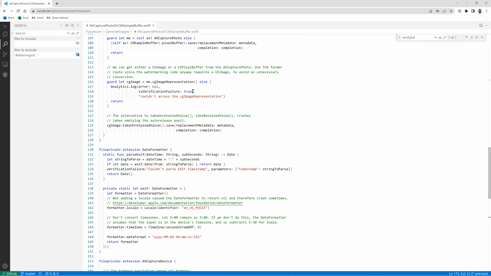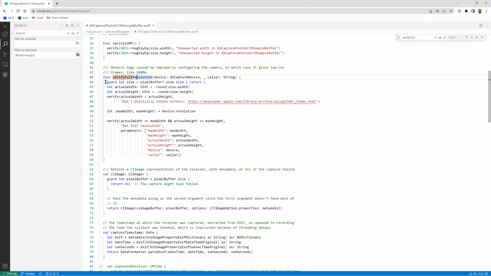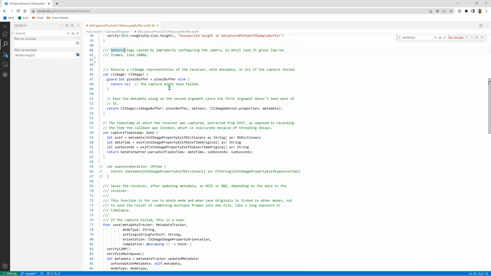we'll delete this function verify full resolution, because it's so complex I don't have confidence in it and it uses some other APIs. This is a helper function which is implemented on top of Apple APIs, which themselves have occasional bugs. So when you have layer upon layer, you don't know whether this function works. So we'll delete it and do it differently. What we'll do is